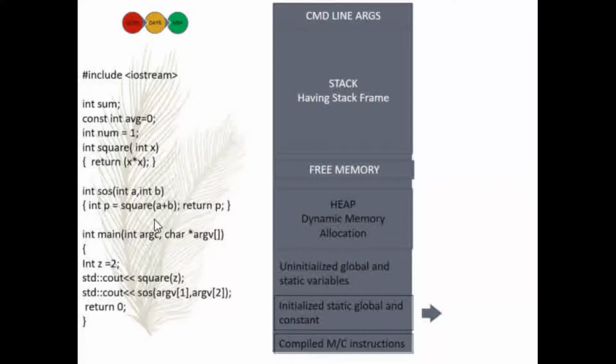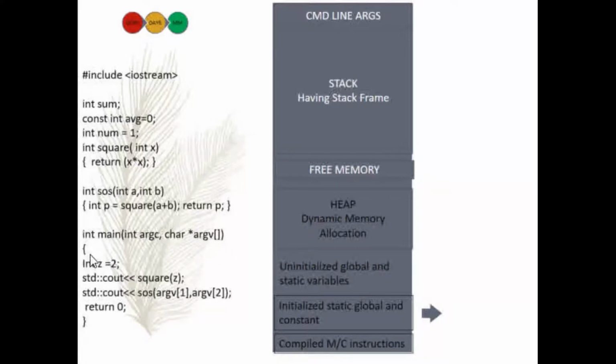We have main, we have argc, which is argument count, and character pointer argv. It is an argument vector which stores the strings passed by the command line. So argument count basically counts how many command line arguments you have passed, and what arguments are there are stored in here. This is the count and this is the vector which has the command line arguments.